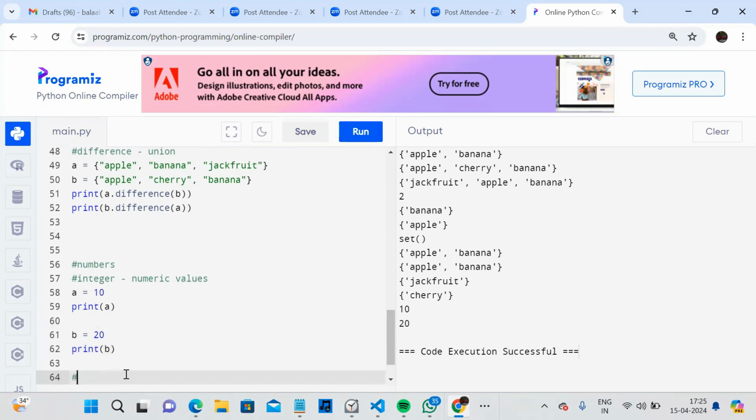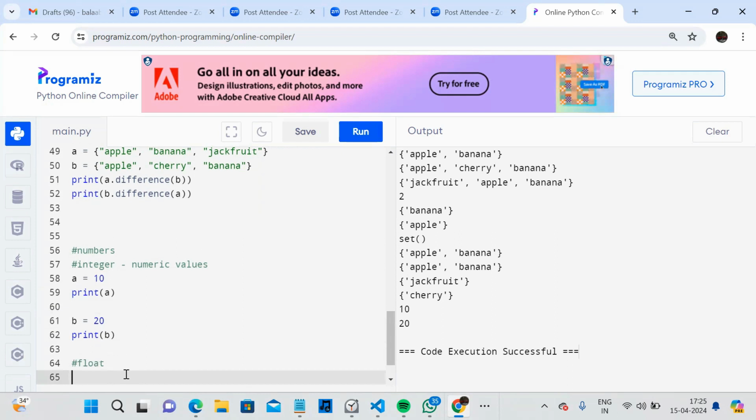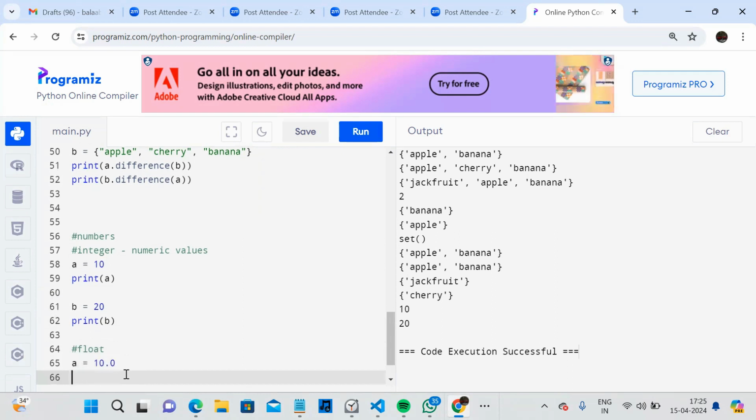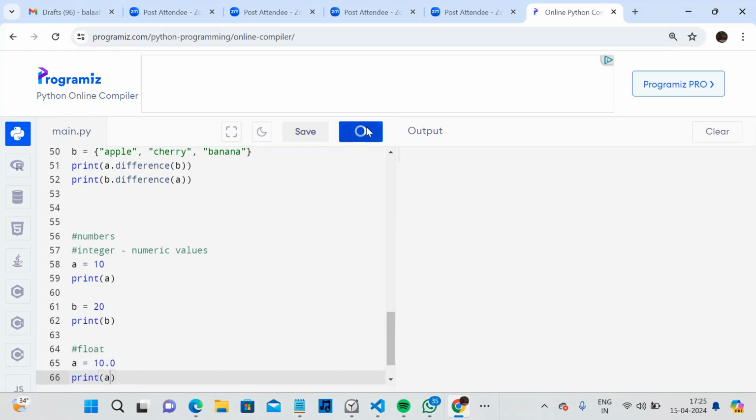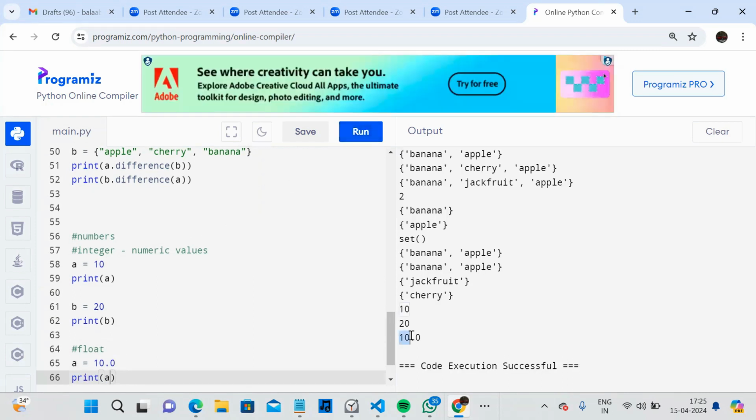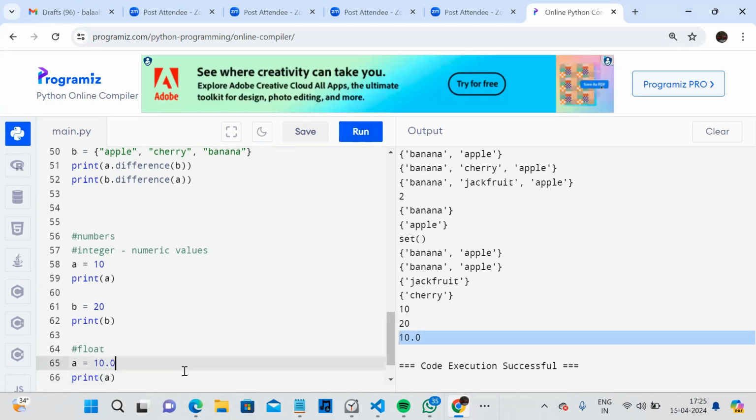For that, we have another type in the numbers data type, which is float. Float accepts only decimal point values, like 10.0. If I give 10.0 and print A, it will display the result as 10.0. So these are the data types which we have under numbers. We have seen two. The next thing is